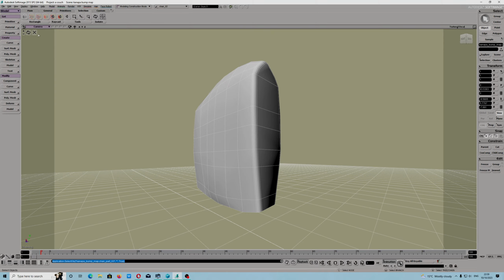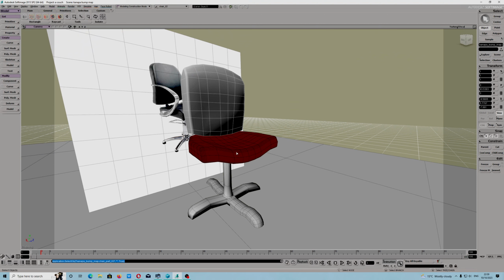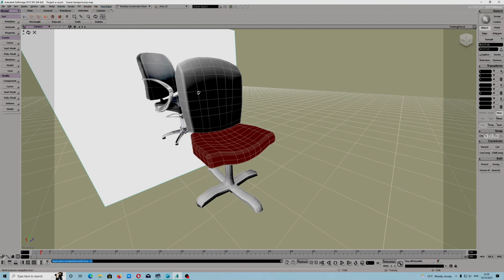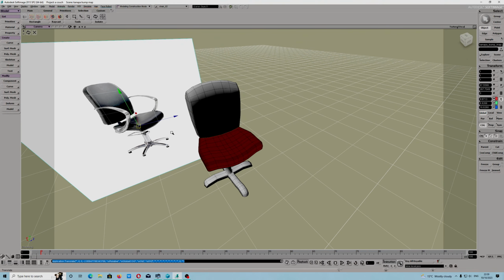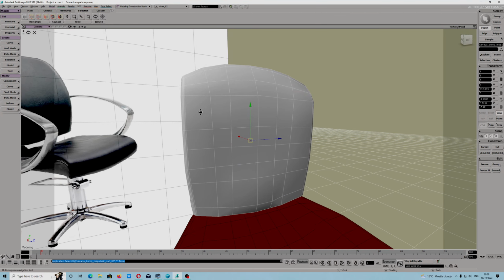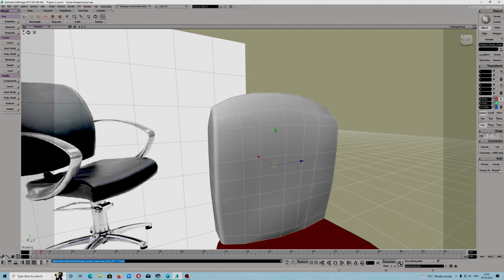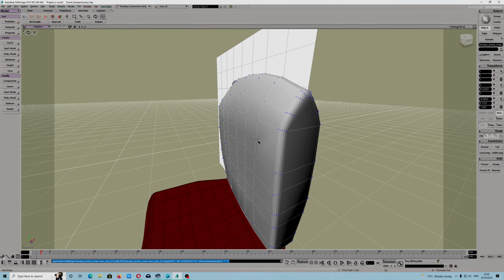For example, I am modeling the chair. I actually have to hide everything else. For example, you want to edit the object, you want to do some modification. If this option is off and you use the tools, each time you use a specific tool, for example, the add edge operator,